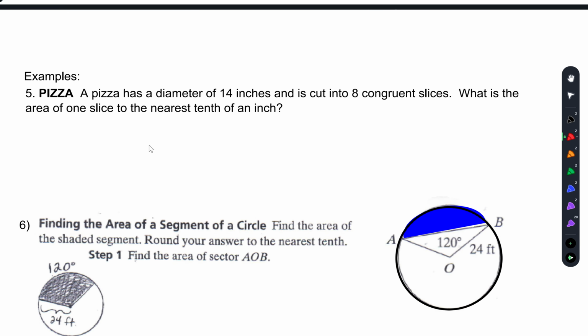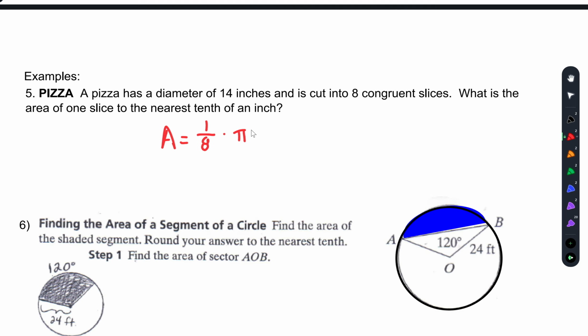So, a pizza has a diameter of 14 inches and is cut into 8 congruent slices. What is the area of one slice to the nearest tenth of an inch? If it's telling me I'm cutting this into eight slices, and I only want to know one out of those 8 slices, what is the fraction that I'm using in my area of a sector formula? I'm not going to sit here and calculate what the degree measure is. I only want 1 out of 8 slices. So my fraction is 1/8